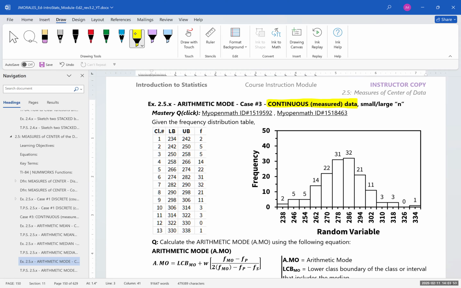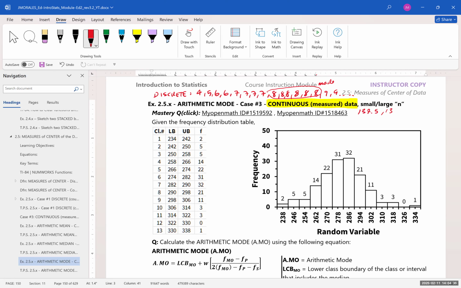Okay. And the reason for that, I'll explain really quickly, is that when we're dealing with discrete data, which are counting numbers, we might have 4, 5, 6, 6, 7, 7, 7, 8, 8, 8, 8, 8, 8, 9, 9, and so on. It's pretty clear by looking at this that we can go, well, there's 6 eights here, and that's the mode. But when we're dealing with continuous data that has decimal points, you might have